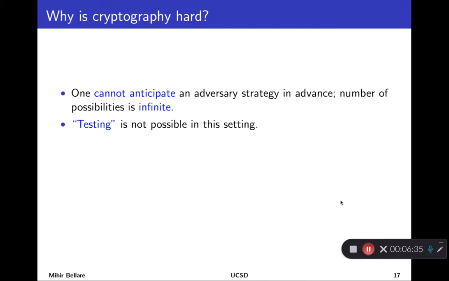Comparing this to standard software, the mechanism employed there to assess that it works well is often testing. You try some set of inputs and hope that they cover most use cases, and if that's the case, then you declare your software to be good. The difficulty with testing is that it doesn't anticipate that your user is making a determined effort to make your program fail, which is what adversaries do. And so that kind of approach is not going to be too effective in cryptography.